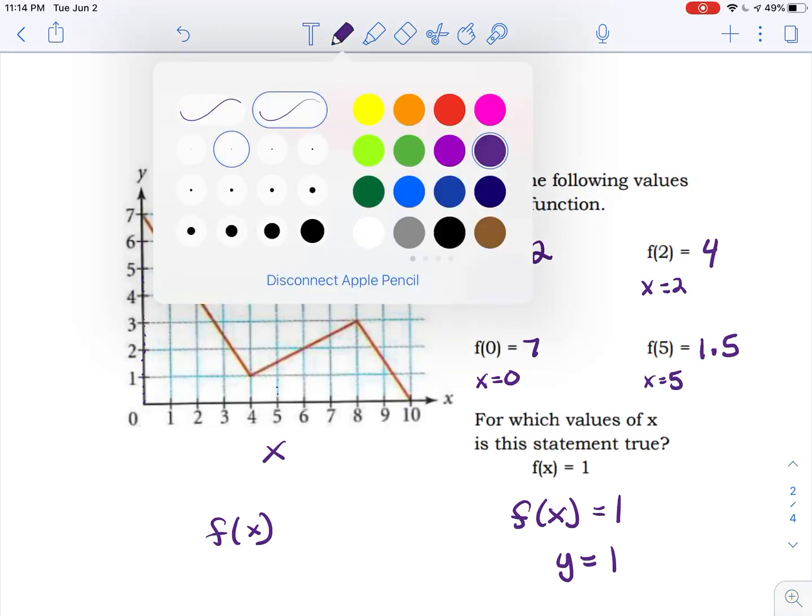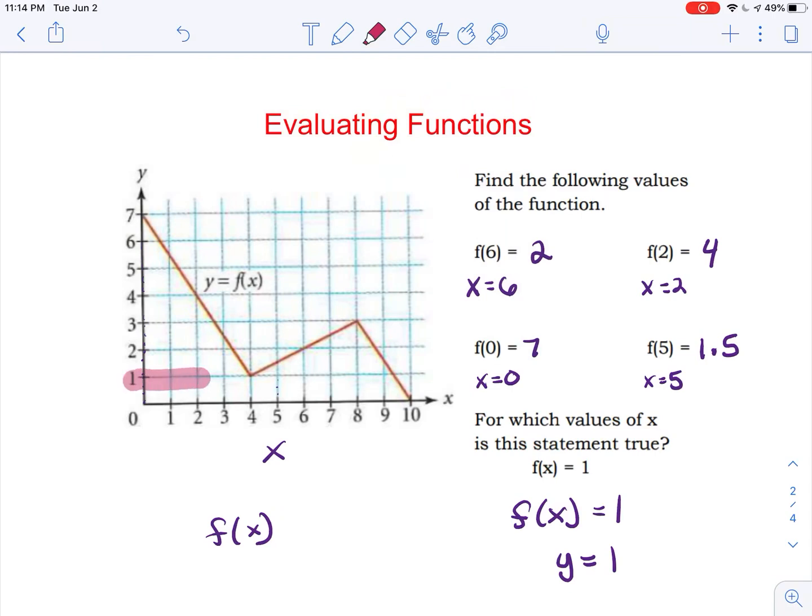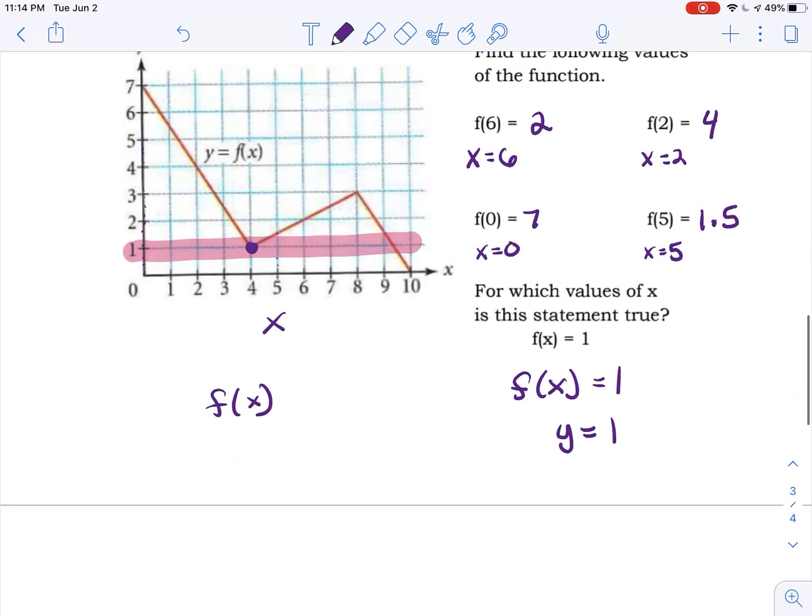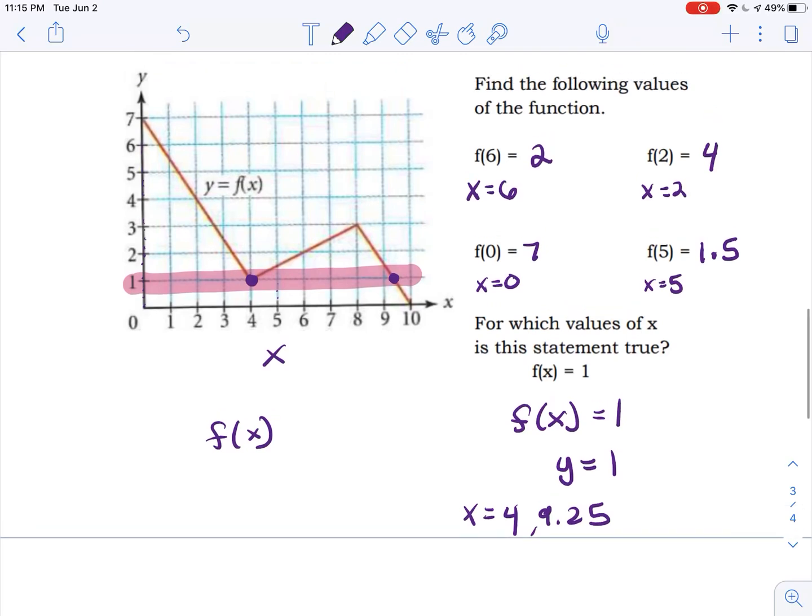So if we take a look at this graph, what we are looking for are the x values that correspond to this place right here. All right, well, what do we get as our answer? Well, y is 1 when x is equal to 4. Where else is it equal to 1? Well, in this weird place right here that looks about, I don't know, 9.25 or 9.5. Both of those would be an acceptable answer. All right, so it does work in both ways. So it's important to differentiate between the inputs, which are our x value, and our outputs, which are